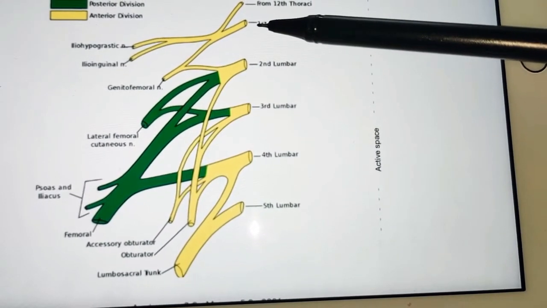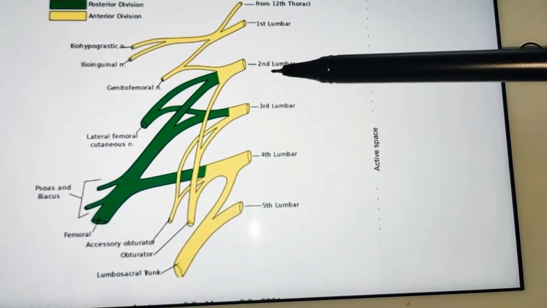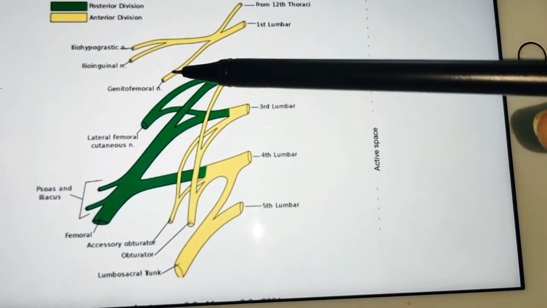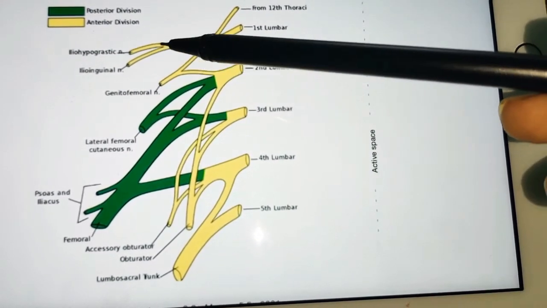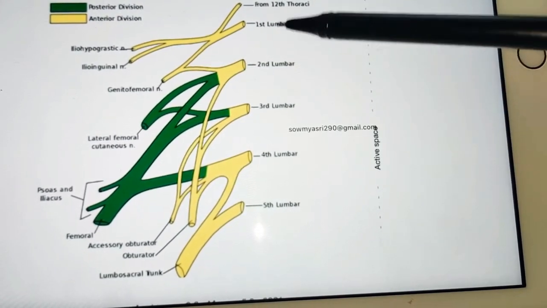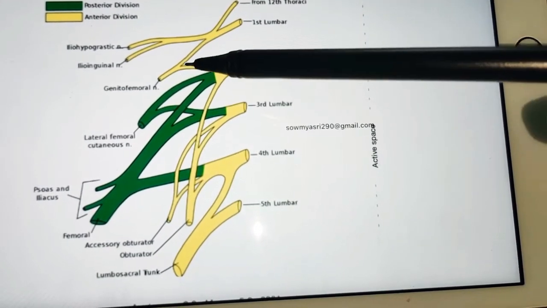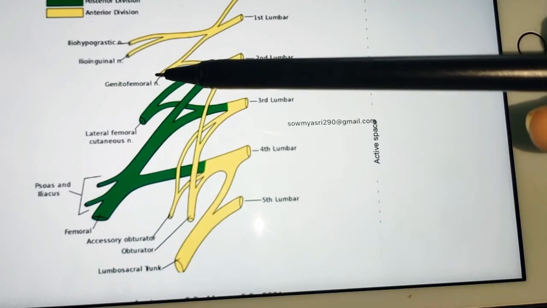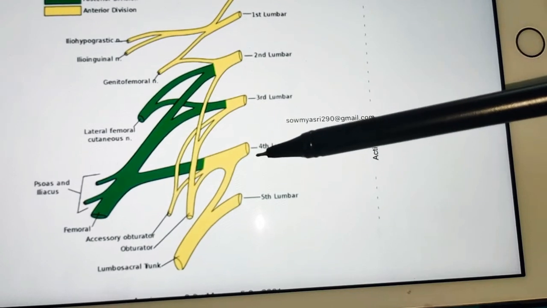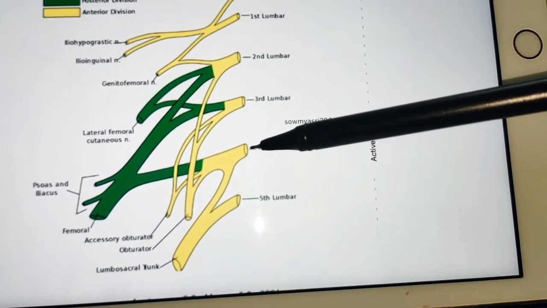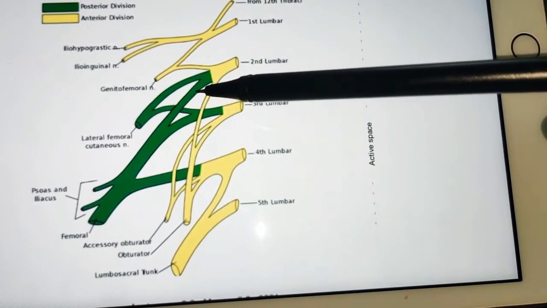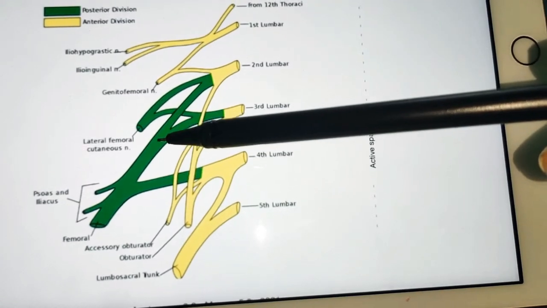So mainly as we discussed before, from L1 and from L2 the twig comes and forms the genitofemoral nerve. And the first one is, from L1 it forms the two nerves, that is the iliohypogastric nerve and the ilioinguinal nerve, and the twig from L1 and twig from L2 together form the genitofemoral nerve, which is involved in cremasteric reflex, right? And from L2, L3, L4 especially they have ventral division and dorsal division, right? Here you can see the yellow one represents the anterior division and the green one represents the posterior division or the dorsal division, right?